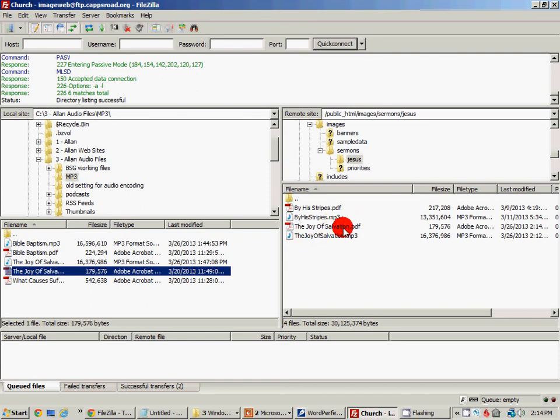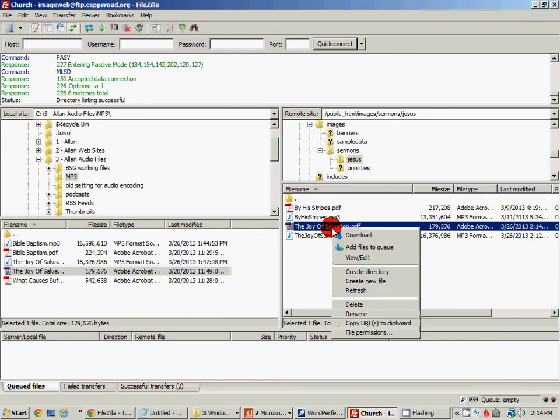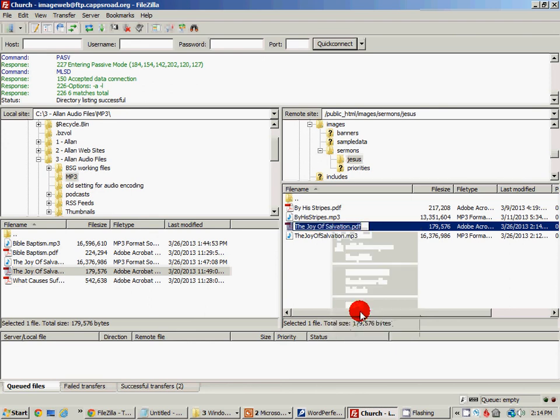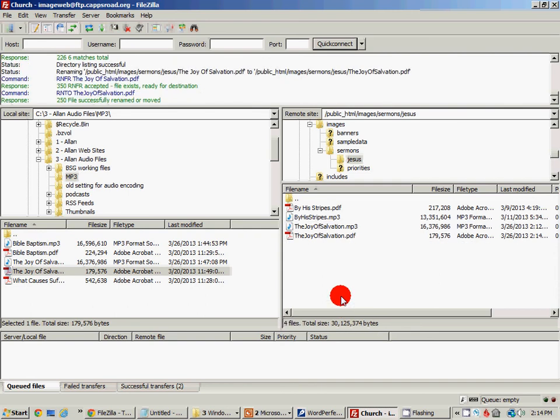I'm going to change the file name just to get rid of the spaces, because some applications may have a problem with that. So I just right clicked on the file and clicked rename, and I'm just going to go over here and delete these spaces and just click off of that, and it automatically did that. Okay, so this is the navigation. This is that final